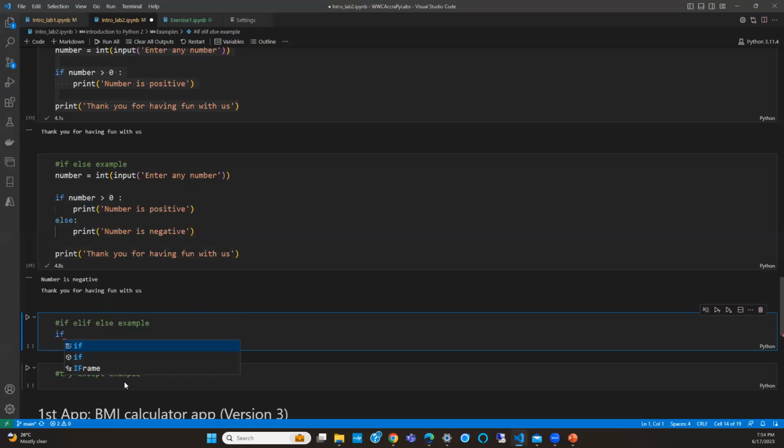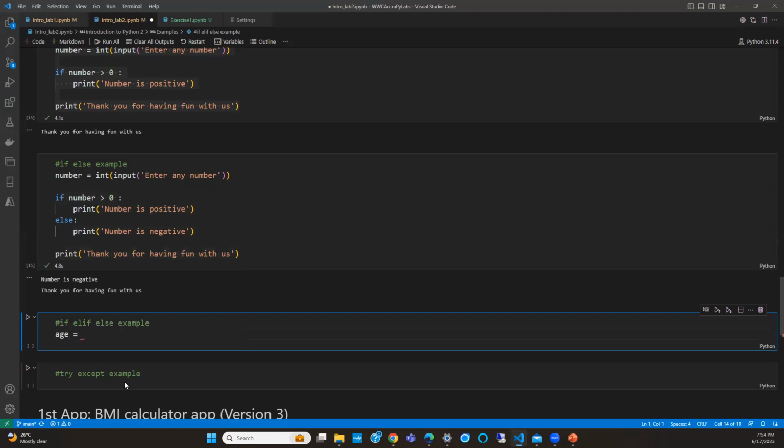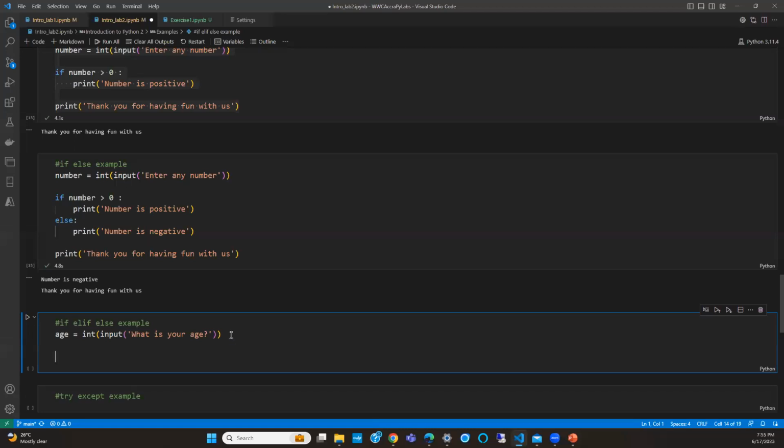So we can go straight and say, let's go with something else. Let's ask for age and see. So the input is, what is your age? Then we go straight into our conditions.